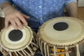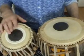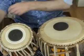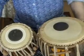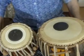Try and get this light going nice and light, but with enough power to get the sound and get the ring, so you get the balance. It's like an exercise thing, but enjoyable, and it's not as easy as it looks. The second part,